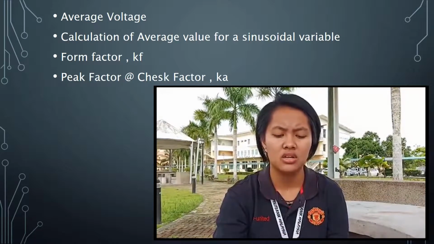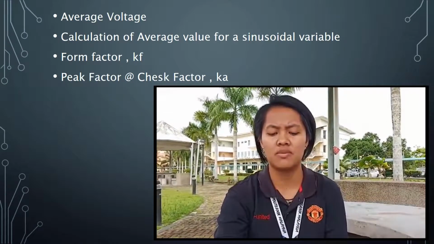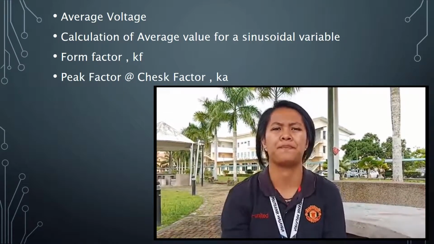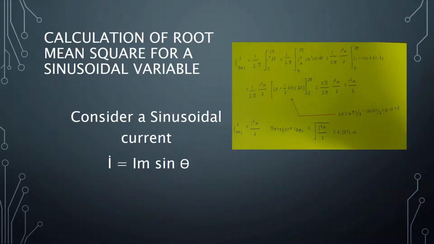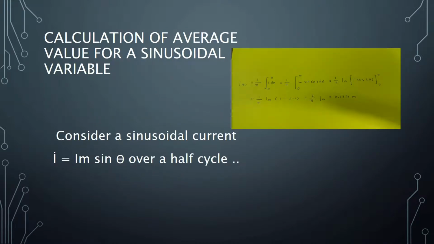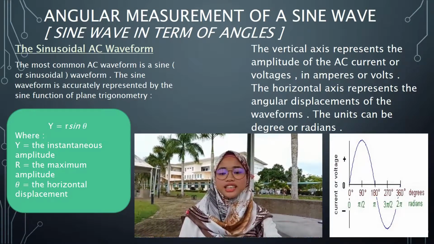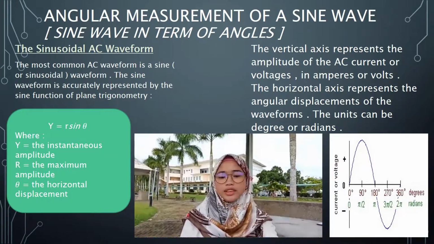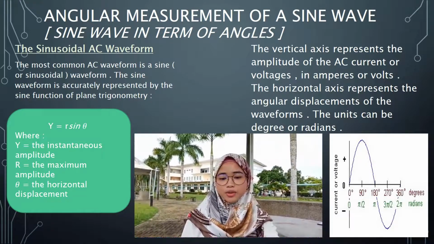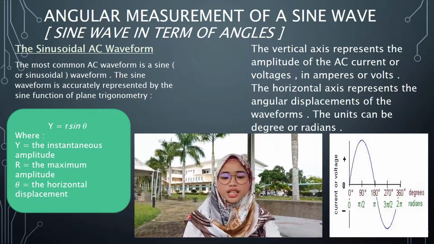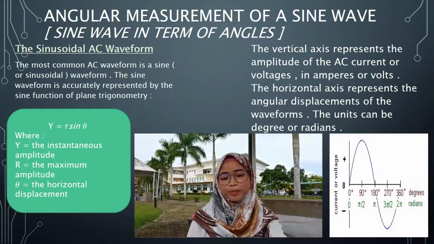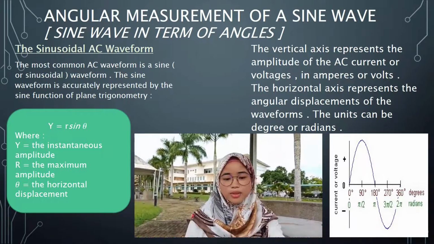The sinusoidal AC waveform. The most common AC waveform is a sinusoidal waveform. The sine waveform is accurately represented by the sine function of plane trigonometry. The equation for the sinusoidal AC waveform is: